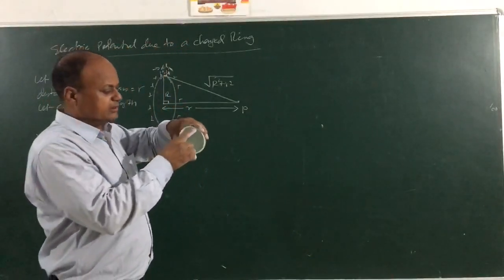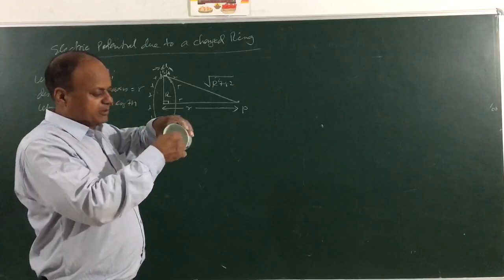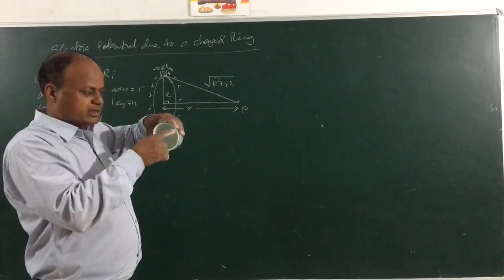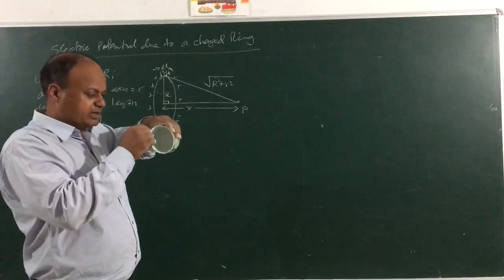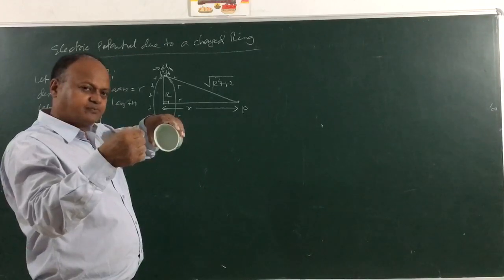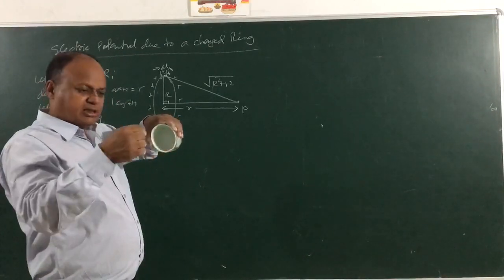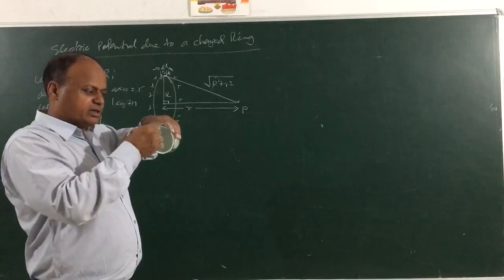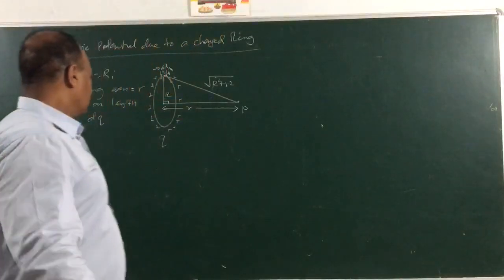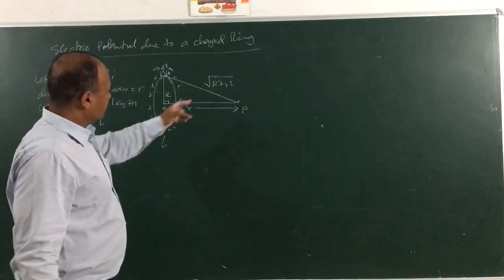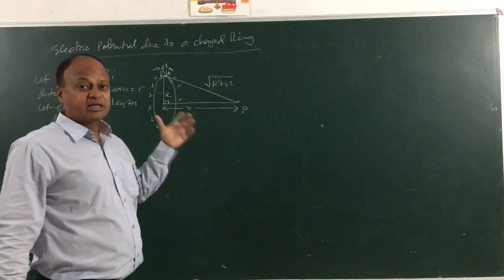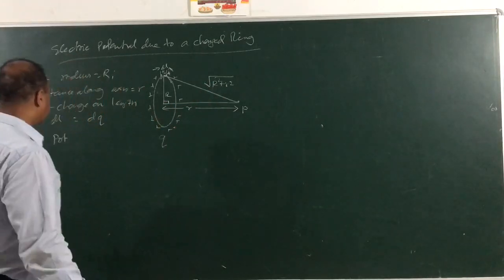So this is like a ring. You might take any point here on the axis. You can see the distance of point P on the axis will be the same from each element. Anywhere I take, if I look at it here, the distance will be the same. So remember, point P is located at the same distance from every charge element. So in this case, this distance, root over capital R square plus small r square, will not be variable, it will be constant. Get it in your mind.